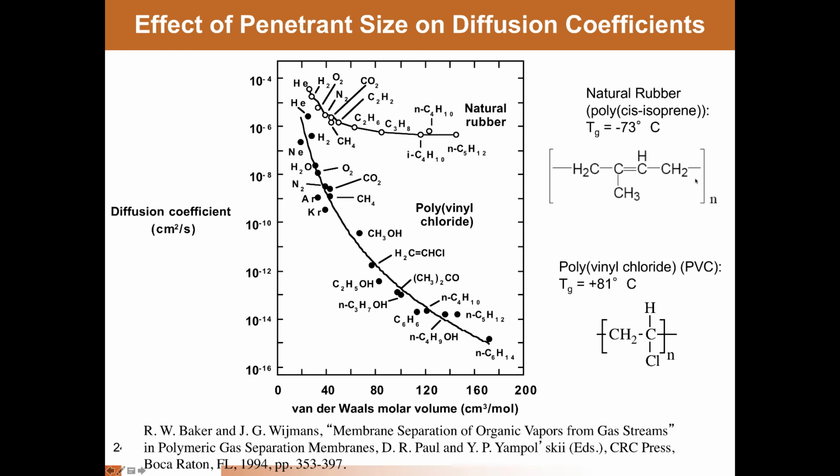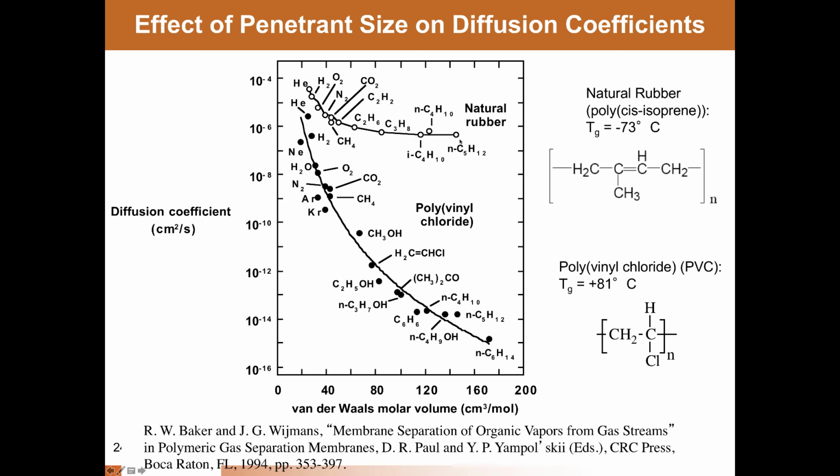So this is the material, for example, that would be in automobile tires, and the material that would be in the little balloons that you would see that you could blow up for birthday parties and things of that nature. What you can see is that the diffusion coefficients in natural rubber decrease as the size of the molecule increases, and they kind of level off in large molecules out here like